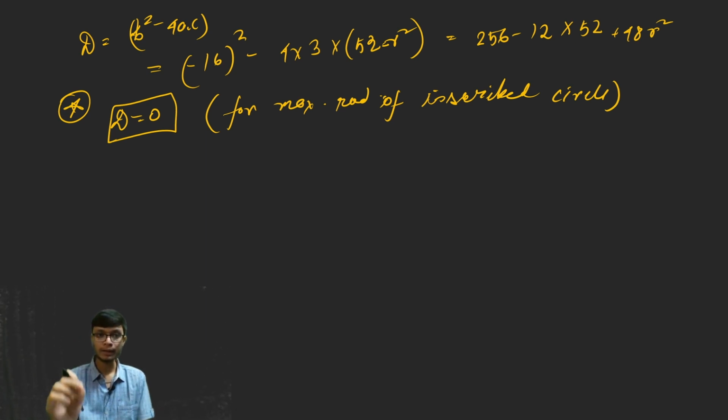Okay, so definitely remember how to solve this particular problem. You have to put the discriminant value equal to 0. If you put the discriminant value and solve for it, you will basically get the relation as